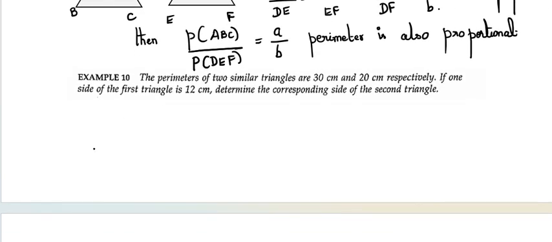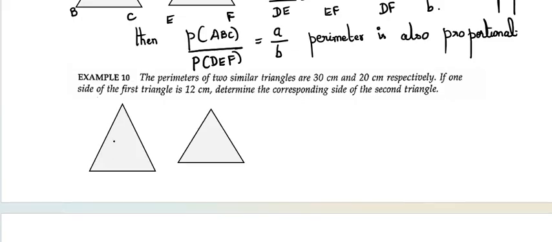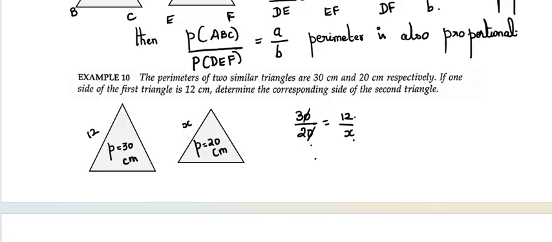So the perimeter is given. But where the mistake will come is, you should write in order. Here it is 30 centimeter. Here it is 20 centimeter. First triangle side is 12. The second triangle side is x. You should write 30 by 20 is equal to 12 by x. Don't change the order. If you are writing the first triangle perimeter, then second triangle perimeter; first triangle side and second triangle side. So x will be equal to